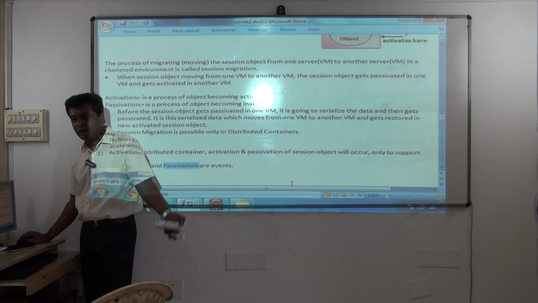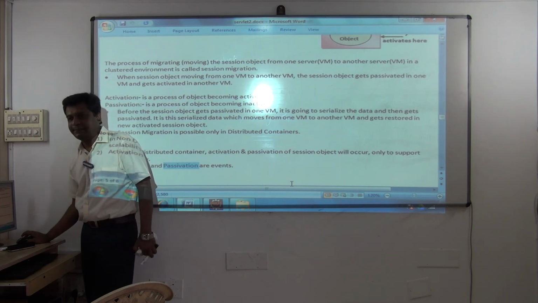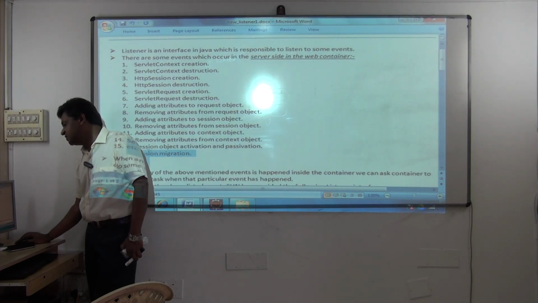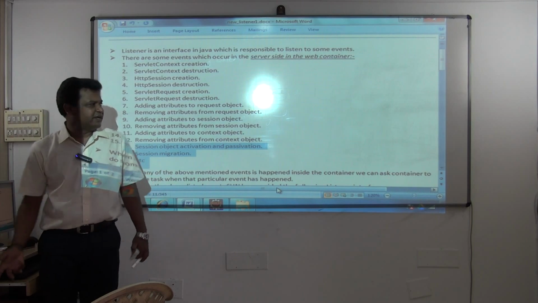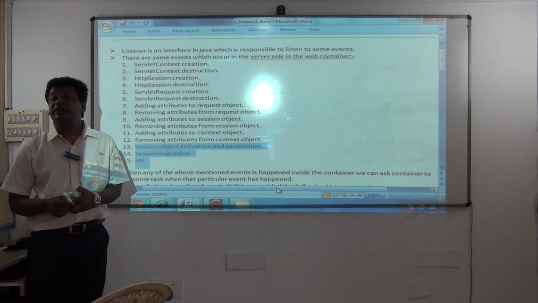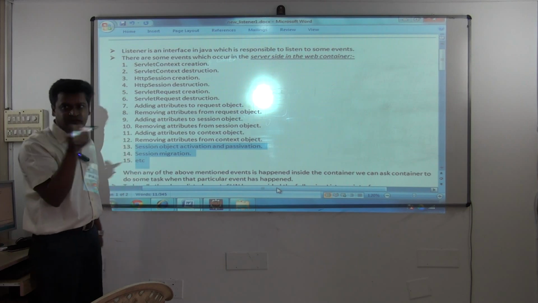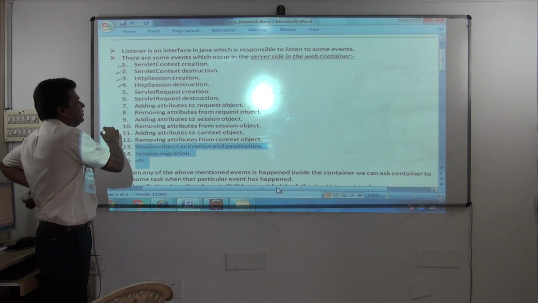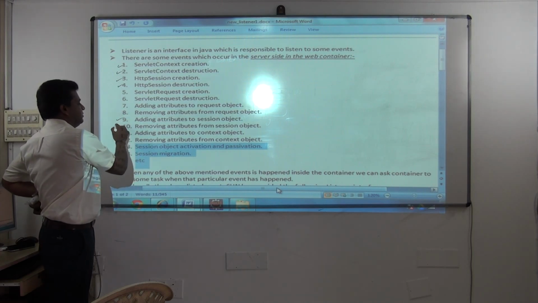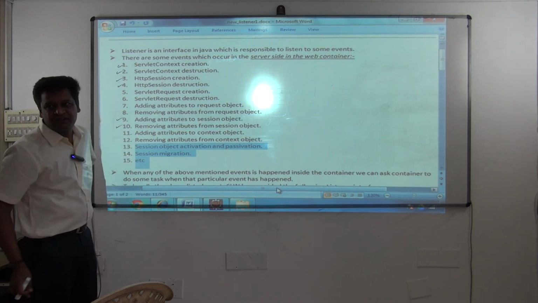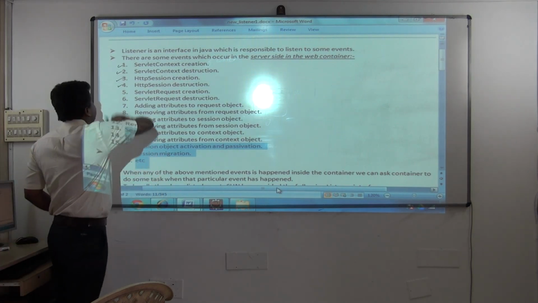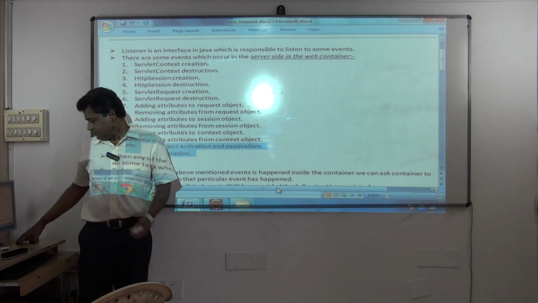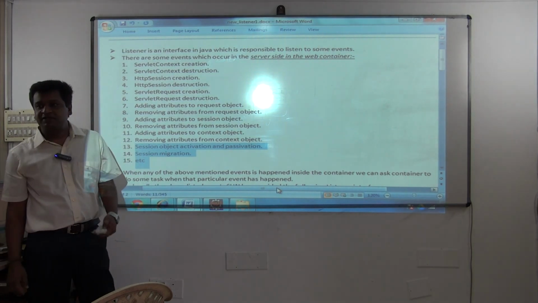I had mentioned this in the Servlet doc. Now you are understanding how it gets related. Clear? So these are the two things. For that there is no example, but I have covered the most important events in those examples: context creation, destruction, session creation, destruction, adding attributes, removing attributes, something like that. Slowly you'll understand. So this completes events and listeners. Okay, that's it then.